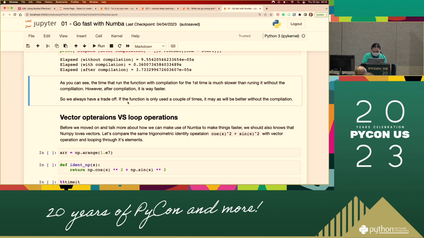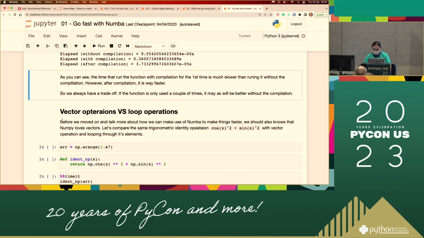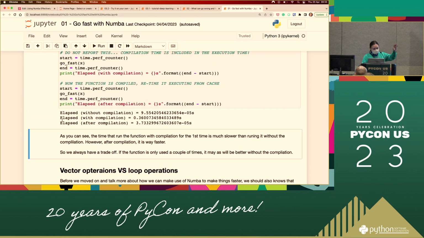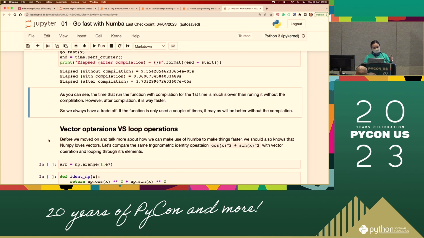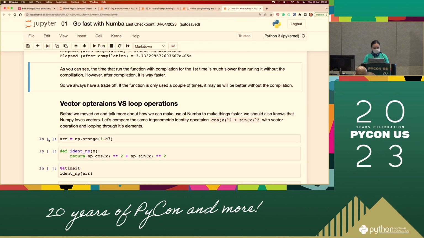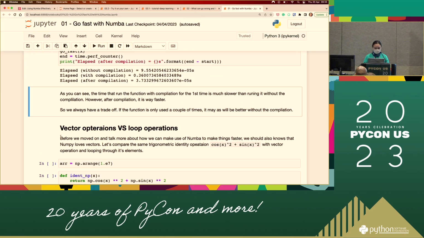Okay? It's very good. So now we have the basic understanding. This example is just to explain what it's actually doing, and that the first time is actually slower. We have to remember that this is the main thing people get confused about when they start using Numba, and that's why they think, oh, it's not really helping me.